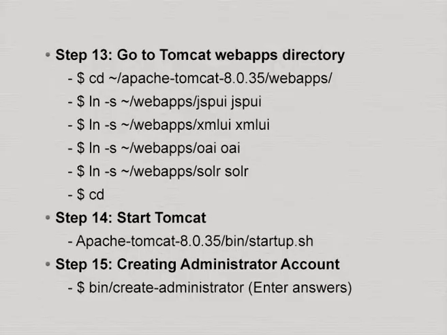The rest of the things you should definitely use, preferably, to have much more control over DSpace. So, once these links are done, just run Tomcat, that is it. The Tomcat directory name is probably 8.0.35, depending on the version of Tomcat you are using. Under that there is a subdirectory called bin, and you run startup.sh. Normally in Linux systems it would be .sh, whereas in Windows systems maybe it is .bat.